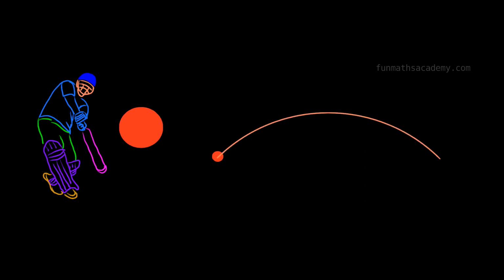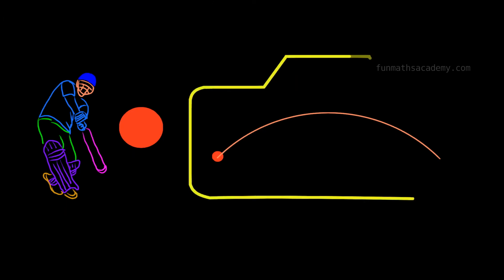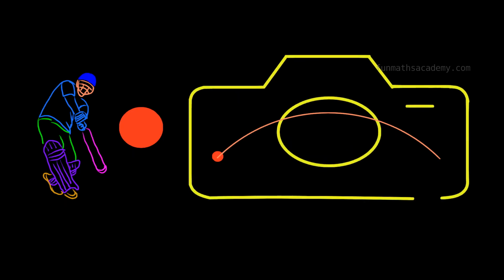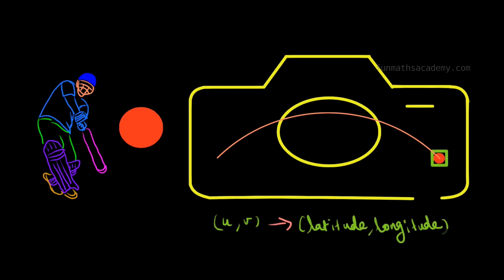curve. It is enough for us to know just three positions of the ball. And then we can model the quadratic equation and we can find the maximum height, maximum distance the ball has traveled. To find the positions of the ball, a camera is placed in a fixed position. The ball is detected and tracked by the camera, and the location on the camera will be mapped into real-world location using software programs. This is how the positions of the ball are calculated.